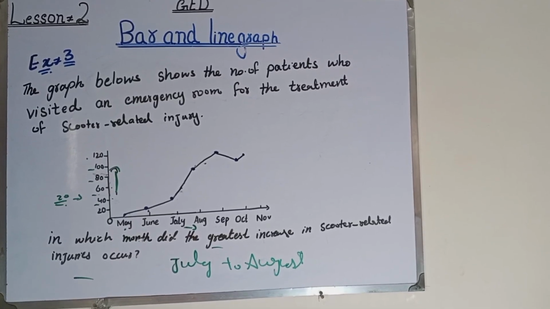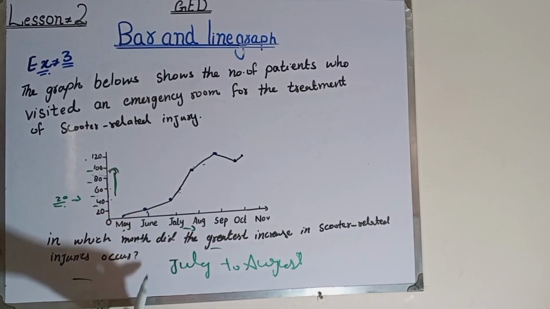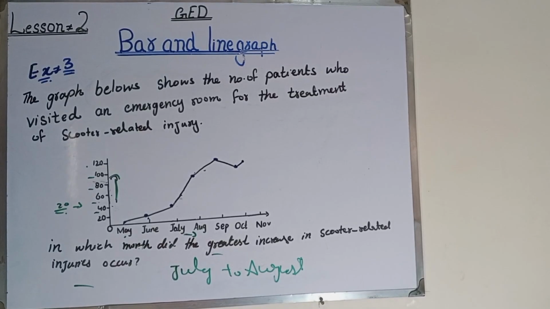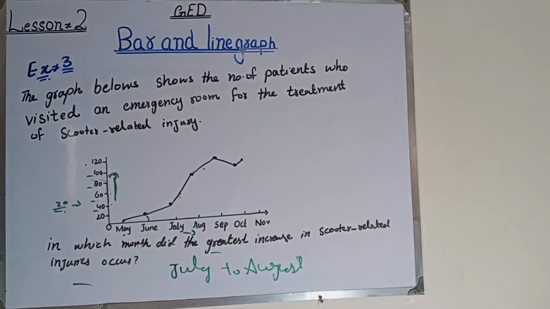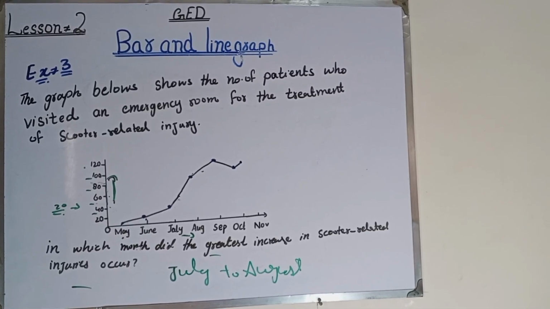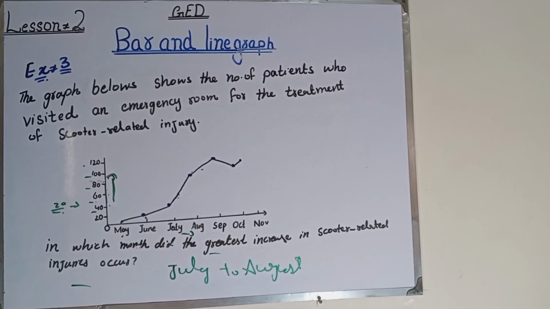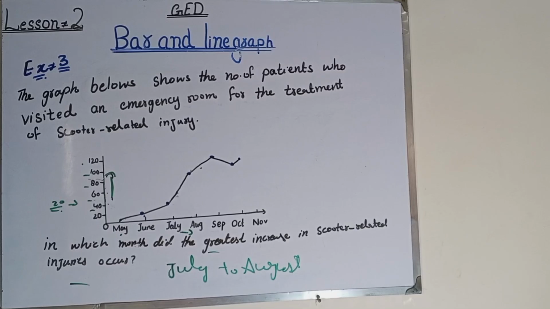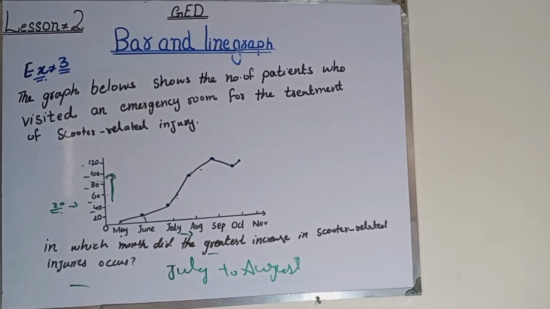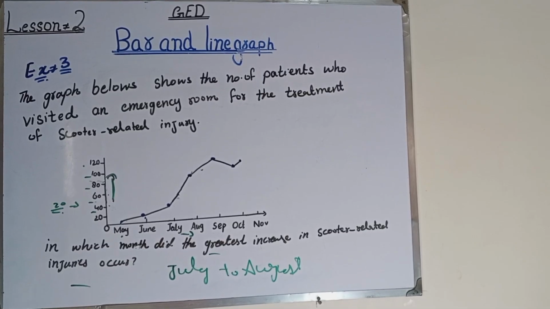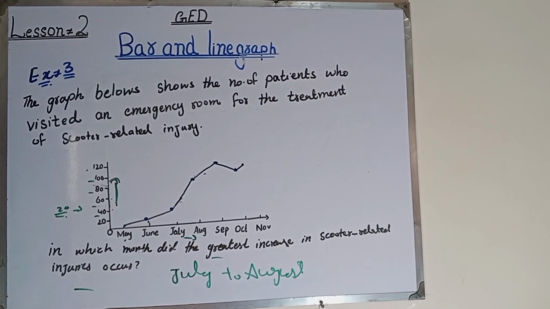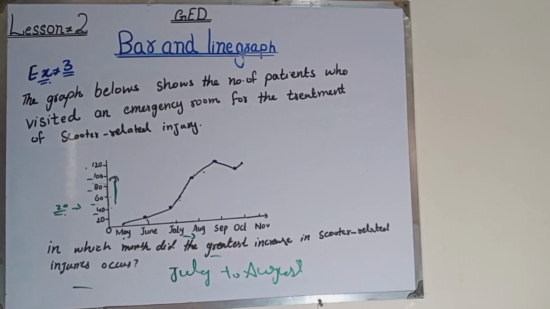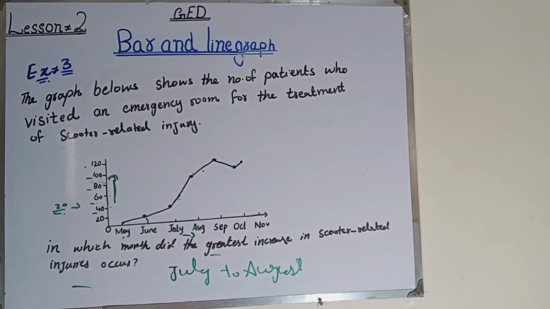Where is the biggest change? The greatest increase, the biggest change, is from July to August, and the smallest change is from May to June or October to November. This skill is very important to understand graphs. Line graphs are specifically useful to show increase, decrease, or no change. Graphs can also help us predict future values. If sales increase every year, we can predict that next year sales may increase again. Prediction is not exact; it is an educated guess based on a pattern.